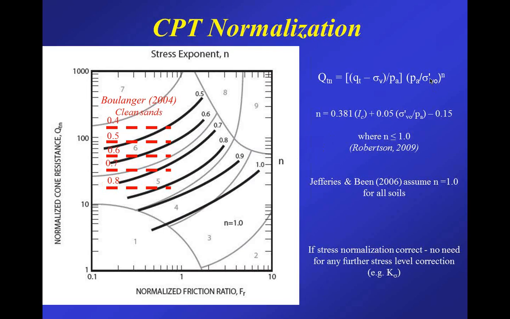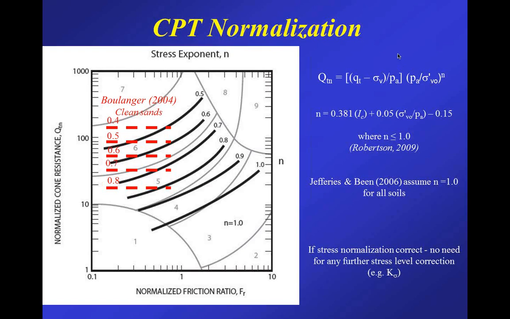Now notice we're using vertical effective stress, but most people recognize that ideally it should be either horizontal or mean effective stress, but the reason we use vertical effective stress is because typically we don't know what the horizontal effective stress is, so we stick with the one we do know. But it's important to remember that it is influenced by the K0 in the ground, and so you'll see later that we sort of get away with this for liquefaction, since most of the soils that we look at are